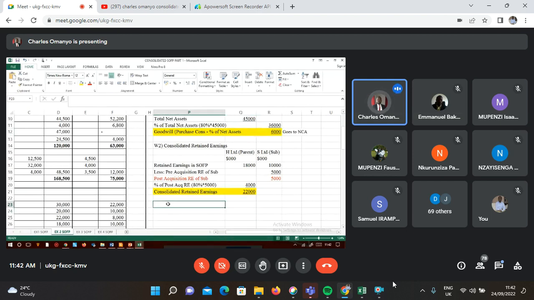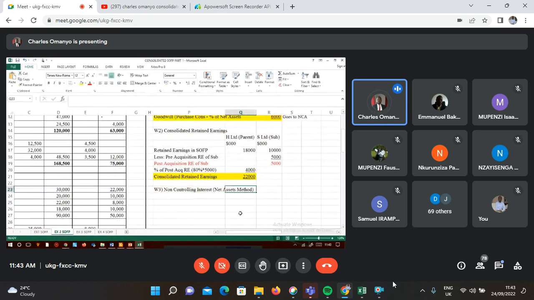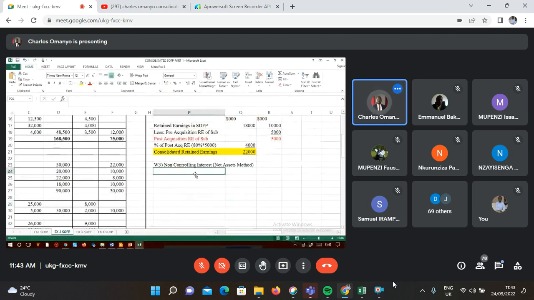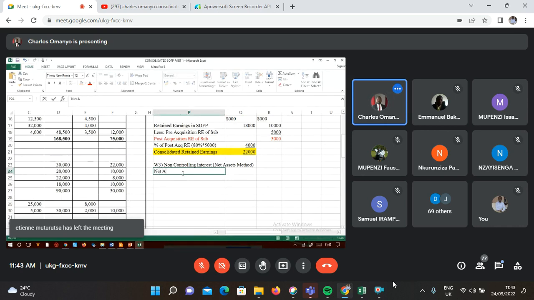Let's go to working 3. Working 3 is non-controlling interest. We are using the net assets method because you are not given fair value. Why are we using net assets? Because the question did not give you any fair value. If you are given fair value, you should have used the fair value. So net assets